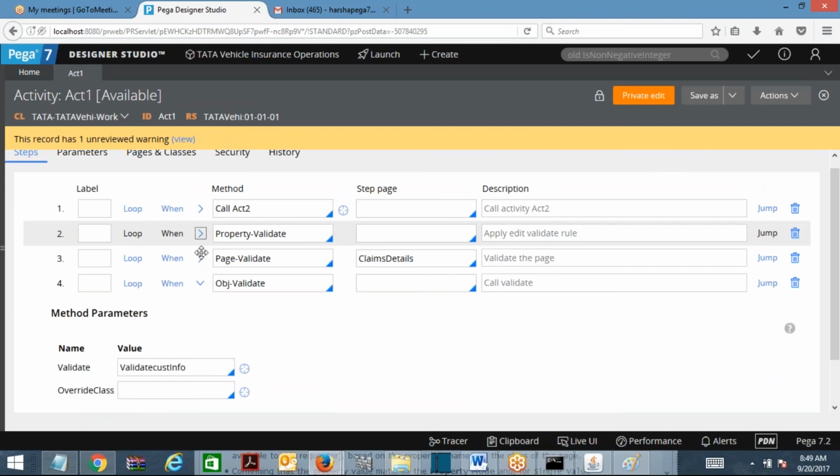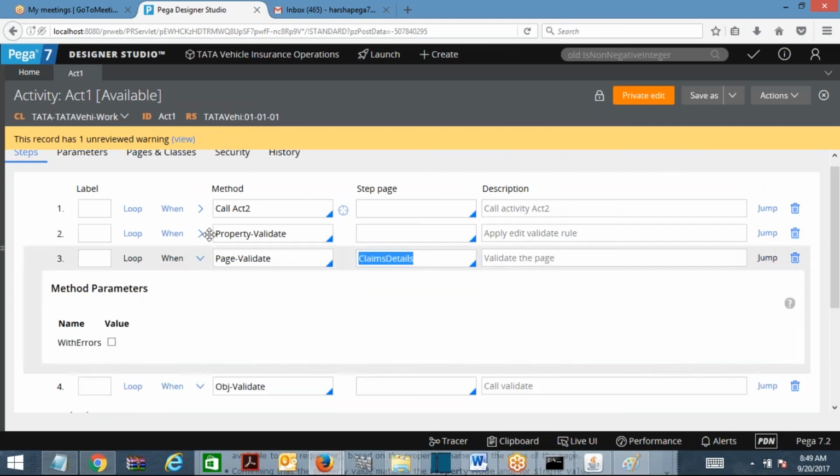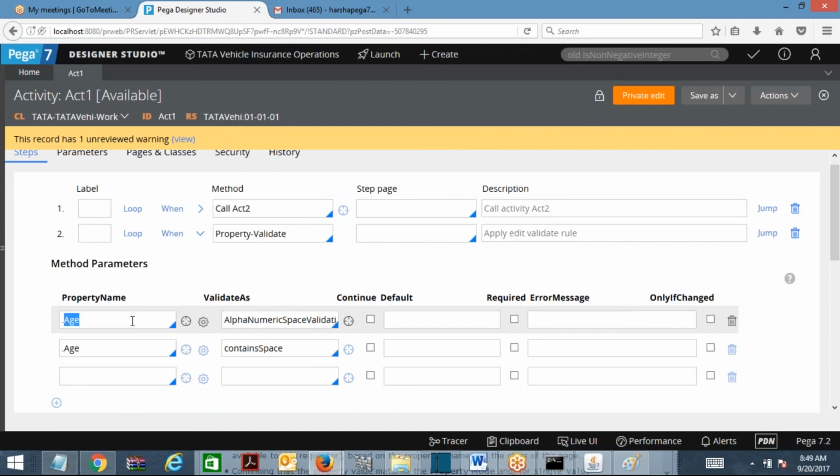It will throw messages to the properties on the page. You give a page, so this property should be there on the step page, primary page, or some page. It will throw error messages. So based on the error messages, you need to find out at runtime whether the property has an error message. There are some predefined when rules. You need to identify accordingly, and you need to code afterwards, then exit out of the activity.